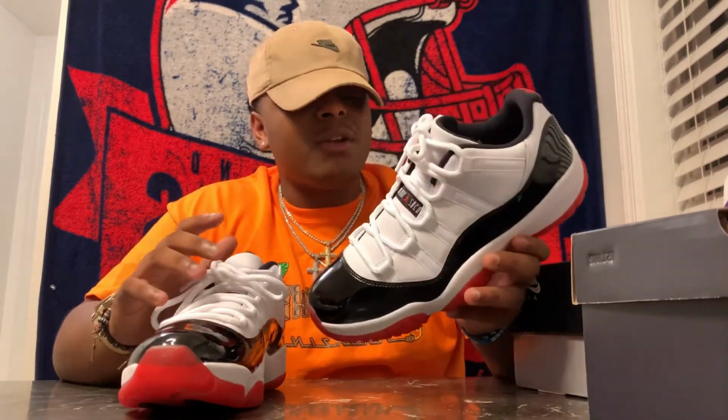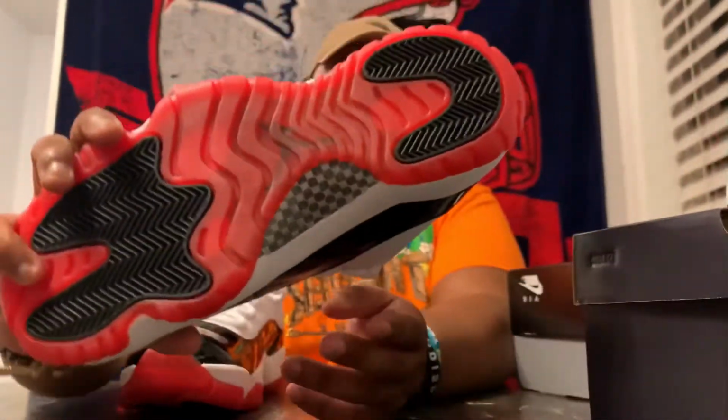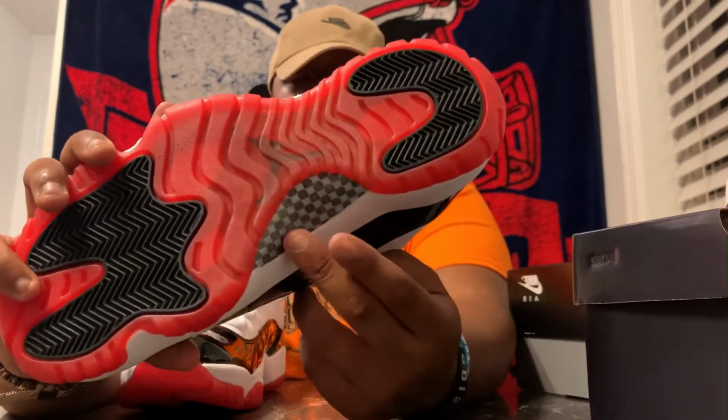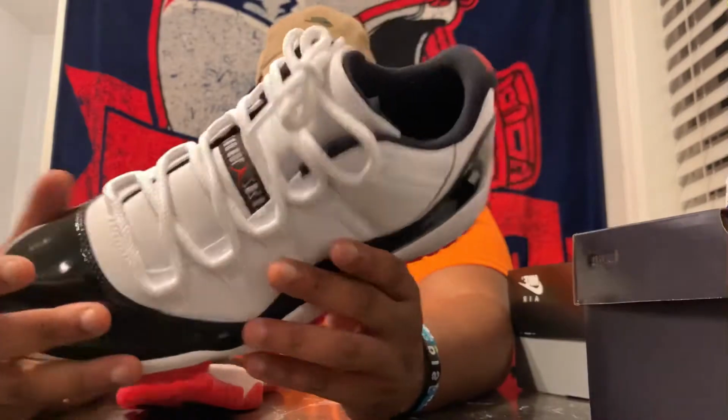But here we are, what I like to call the cornbread 11 lows. And yeah, they're decent, man. They got carbon fiber plate right here. And I'm glad they didn't do like the black and white one. I kind of like this one more, the black and gray, but there's a black and white one. I think that's on the Bred 11s. But they got the black and gray, but on the bottom we also got that black Jumpman in there. And yeah, man,